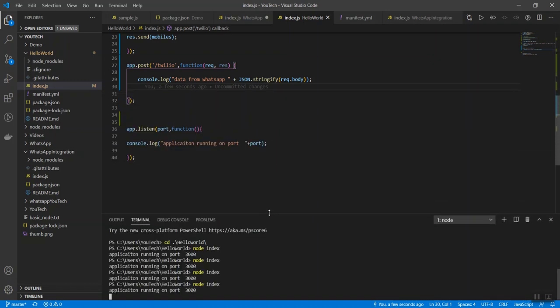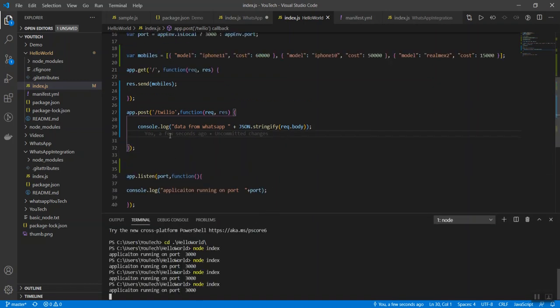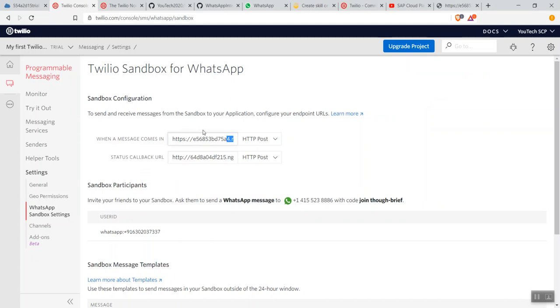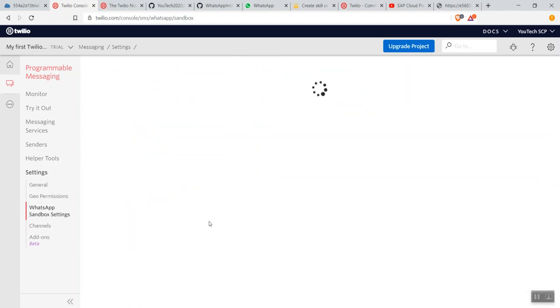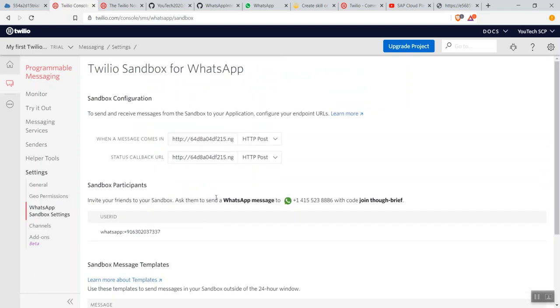Now I'm trying to read messages from my Twilio account. Obviously this is a POST method, and the URL endpoint is Twilio. Copy this as well and append it to this URL. Yes, correct. Once you enter it, when a message comes in, it has to be redirected there. So I entered my ngrok URL, which points to Node.js, and for the status callback you can enter the same thing. After this, click on the save button. So you're done with the configuration.